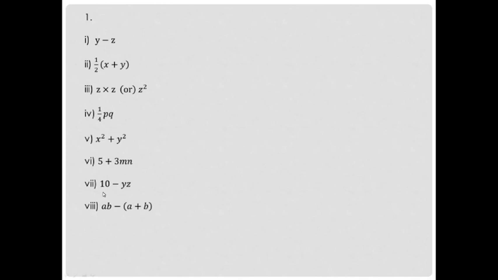In the same way, product of numbers y and z subtracted from 10 means 10 minus yz. Product means multiply, we have already known about it. Then sum of numbers a and b subtracted from their product means ab, then subtracted means minus, then sum means a plus b. That's all we're going to learn in